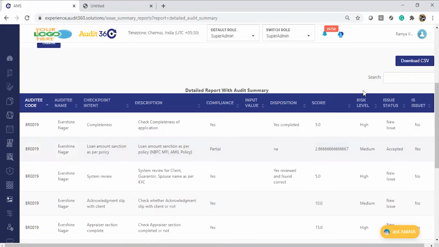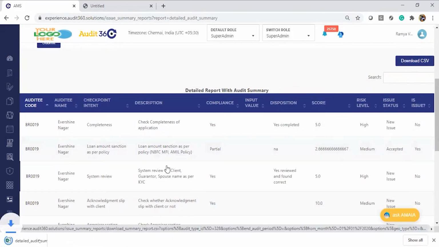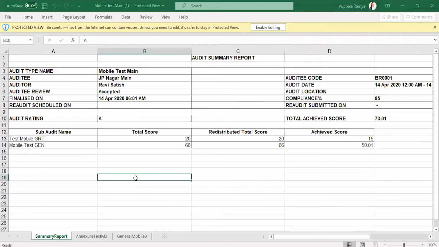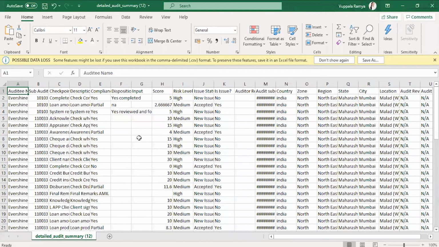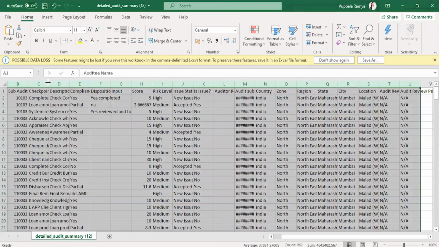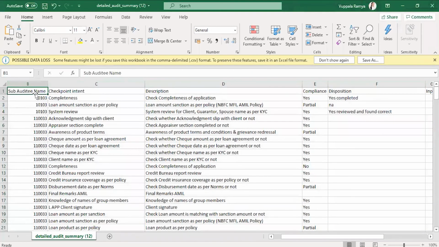This data can be downloaded in a CSV format. When you click on it, it will open this report, which is mainly rows and columns, as I told you. This will have all the information relevant to the execution you have done, starting from the auditee name.